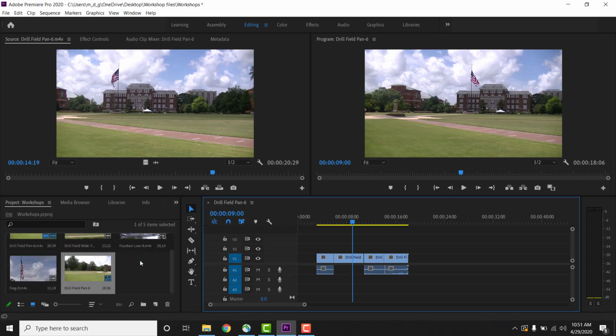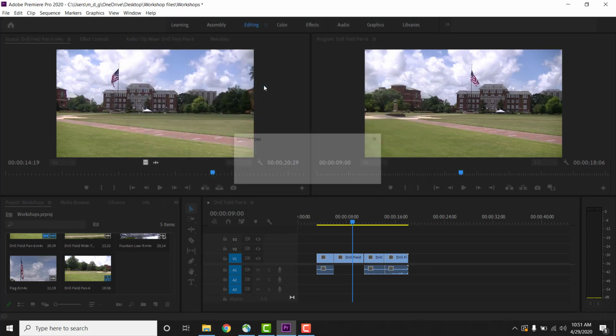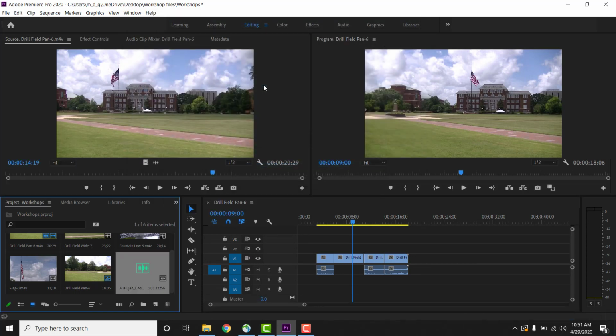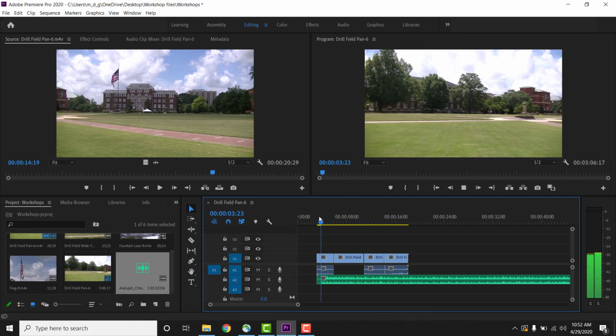The next thing you may want to do is bring in some additional audio. You may want to do a voiceover. You may want to add some music, something of that nature. So again, down here in our project panel, I'm going to double click. And I have a song right here that I'm going to bring into the project. And I'm just going to click and drag that down here onto one of the audio tracks. So now if I play this,